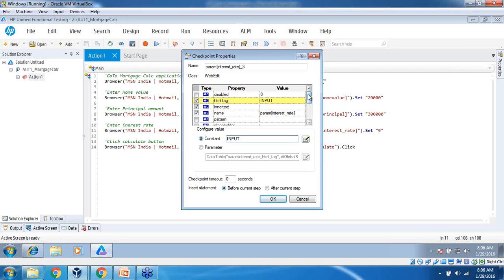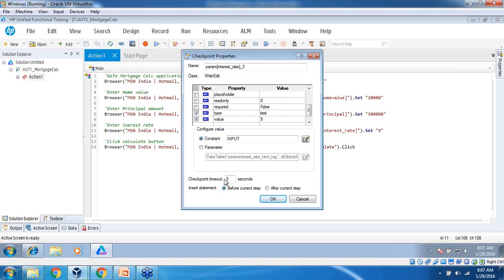Okay, so see, we have used a standard checkpoint, and I have chosen this interest rate. Okay, so whatever value it's showing at that time, right? The value is 9, and some other parameters. Okay, so see, we can provide the name of this checkpoint here, and all the values are currently constant. Okay, if you want to parameterize, you can click these options. Parameter options, and here you can change, see, HTML tag we can parameterize, right team, and other things if you want to parameterize we can do, but currently we can keep them constant, and